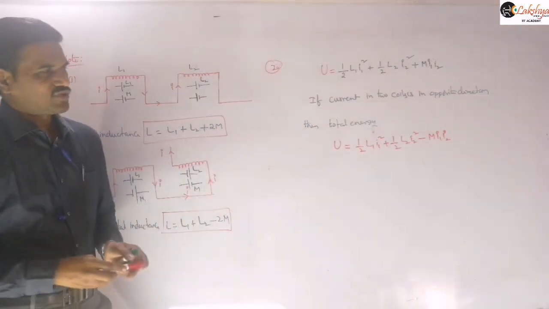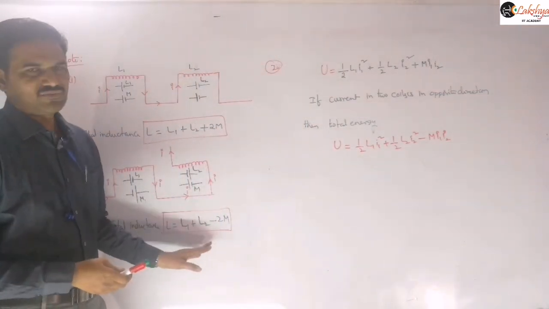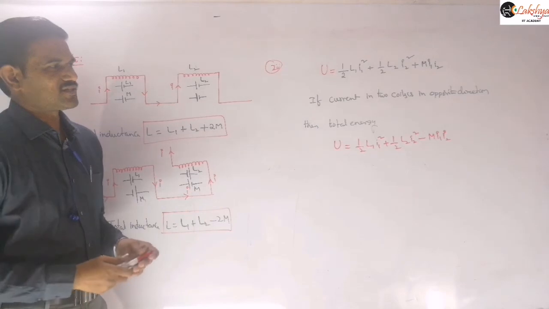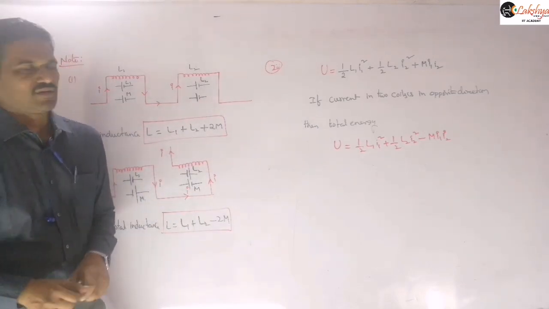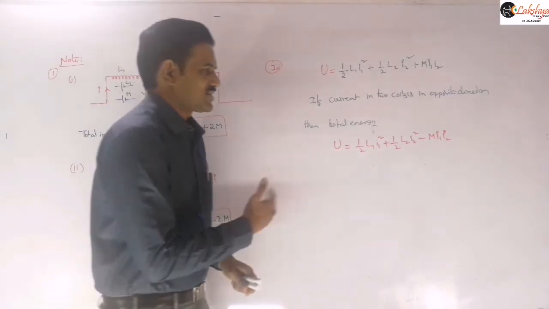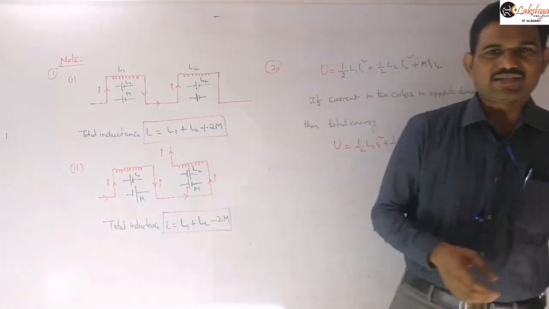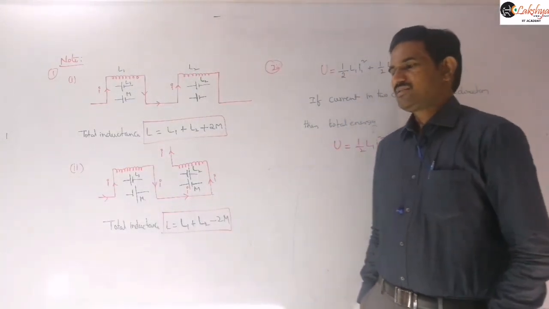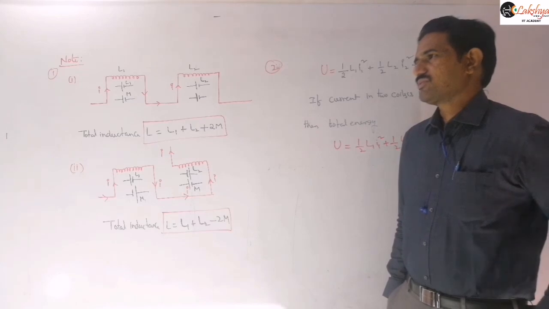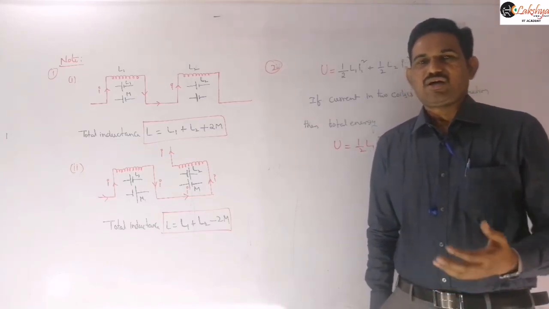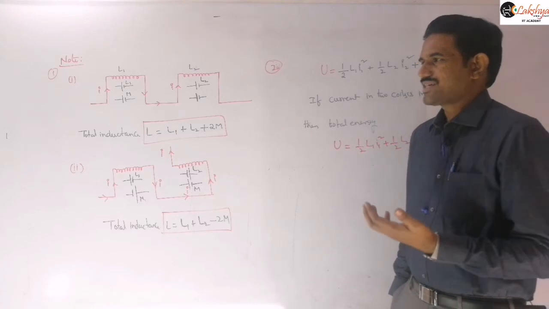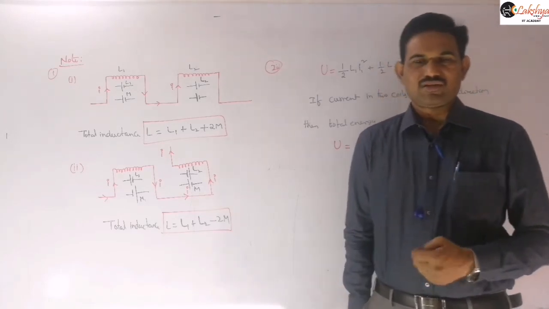So that is the thing. It appears similar to the earlier term. When current is in same direction, you get plus sign. When current is in opposite direction, you get minus sign. Right? So this is the self-induction and mutual inductance calculations. Next, we need to discuss LR circuits, like when an inductor is connected in a circuit, how it will behave. Those calculations I will explain in our next class. Right? Thank you.